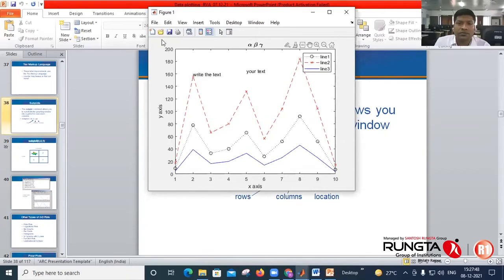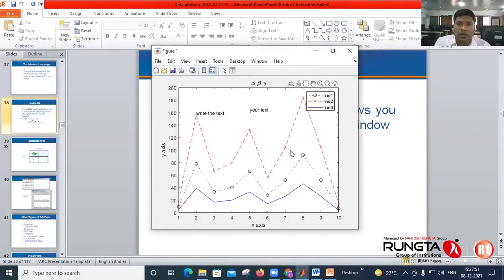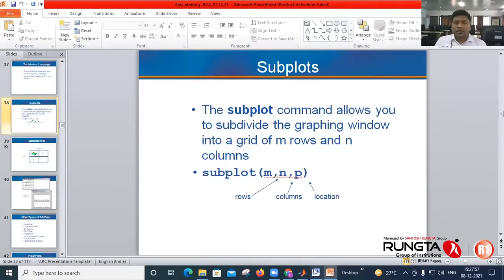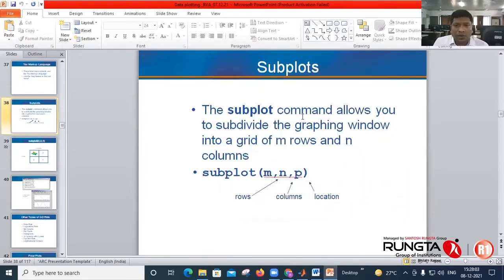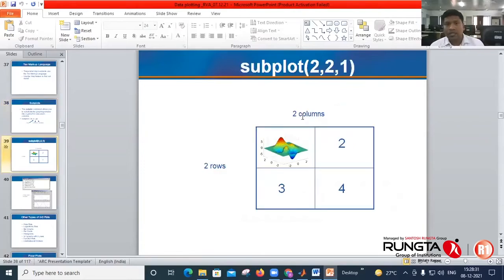If you want multiple graphs in this window, MATLAB can divide it into subplots. So this is the syntax: subplot m n p. Here the first is the row, the second the column, and the third specifies the location where you want to plot it.